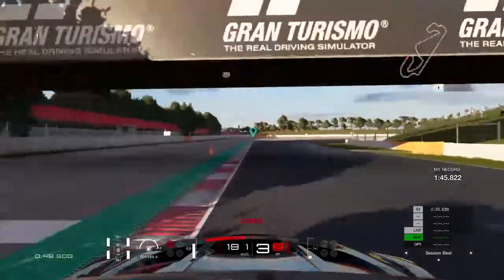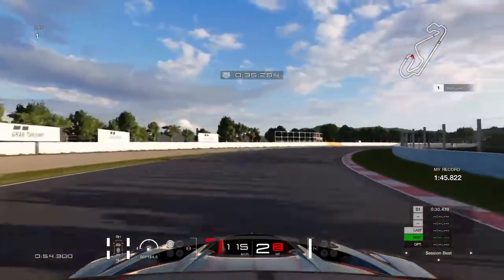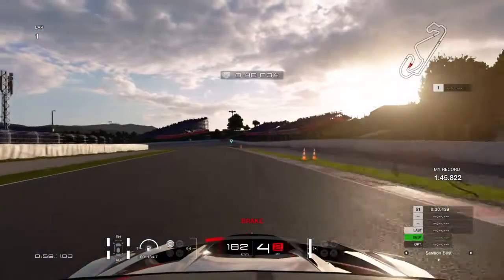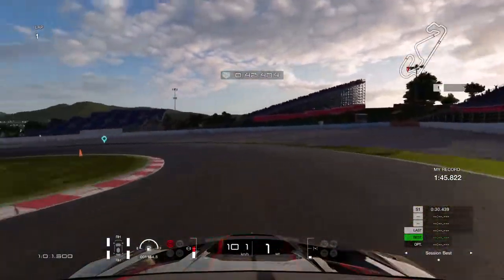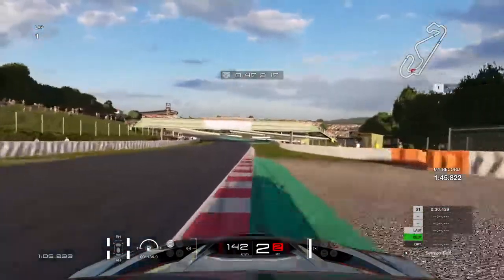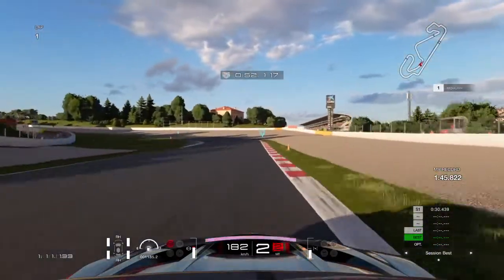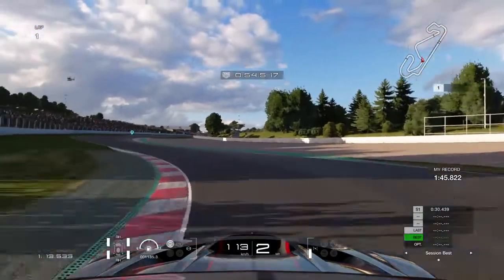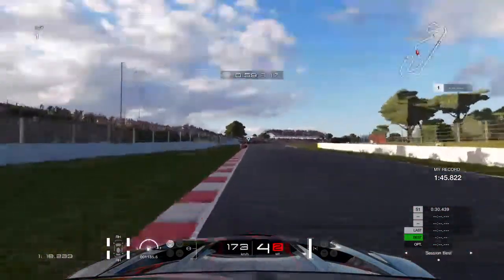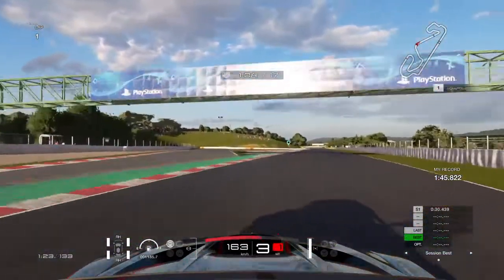Turn 4, braking on the cones. Turning into the corner. As it opens up again onto the throttle, running the car wide, turn 5, braking on the cones, slow into first gear, then a quick upshift into second just to hold the power, turn 6, 7, second gear, running the corner, accelerating out, turn 9, down into third, riding the corner, accelerating out wide,